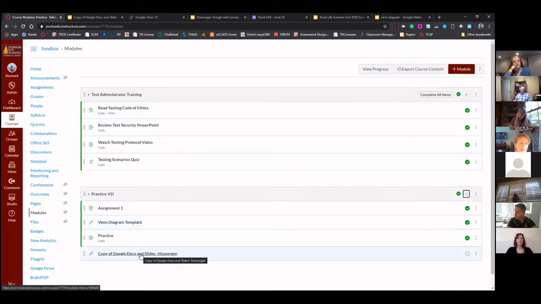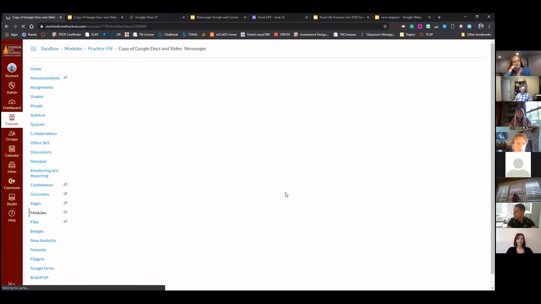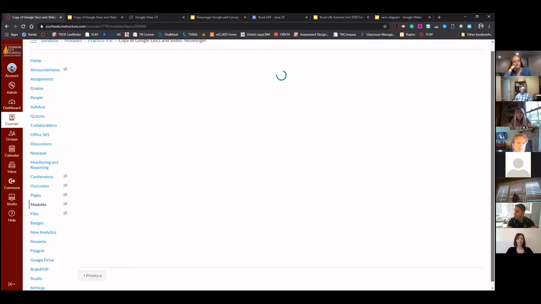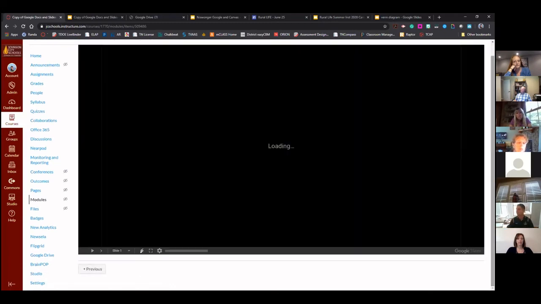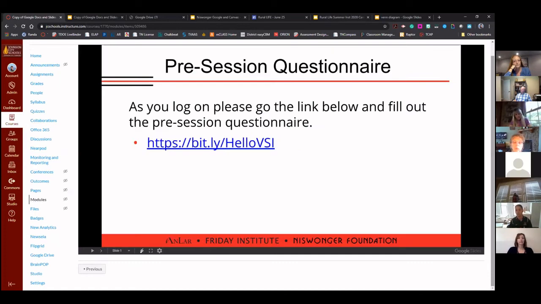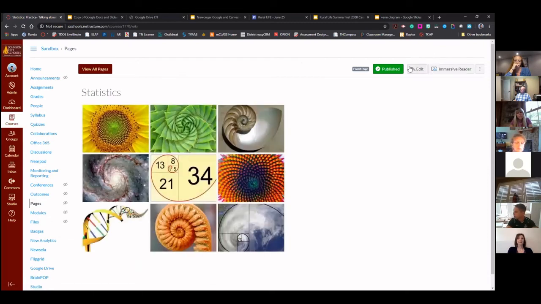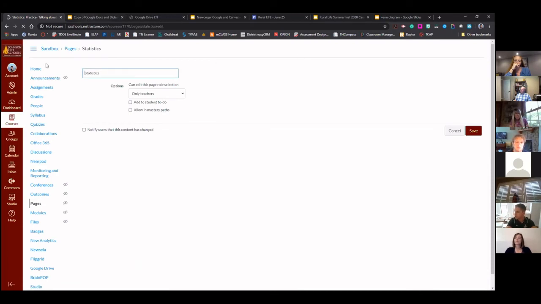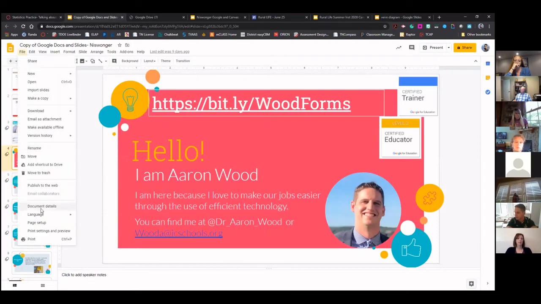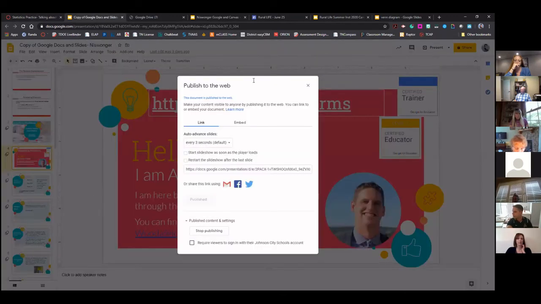And right there, what that's going to do is when I click on that, it's going to open up that slide deck as a preview inside of there. So that's how they can go through a module if you want to have a presentation in there from your slide deck. Or the other option, if you really enjoy using pages to start things off, and you can also do this inside of an assignment, is under your Google Slides, if you click File, Publish to Web.